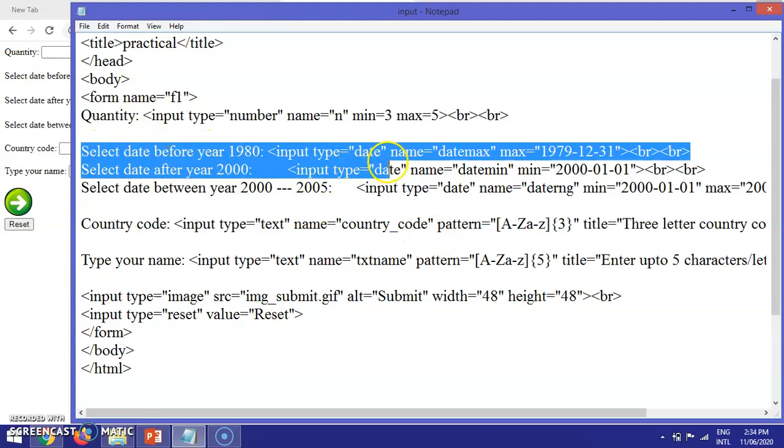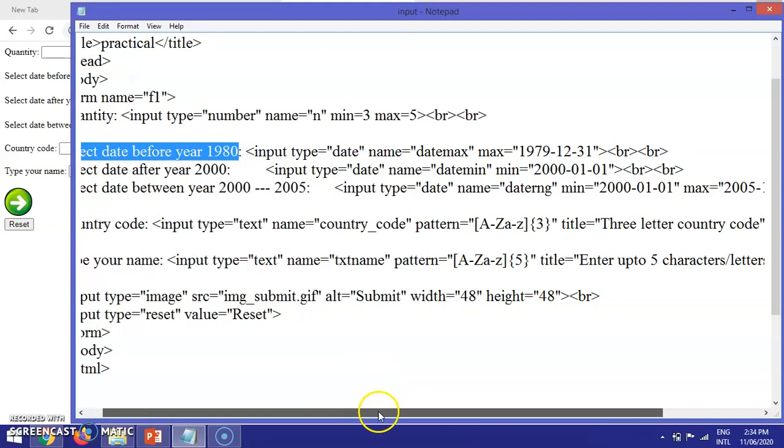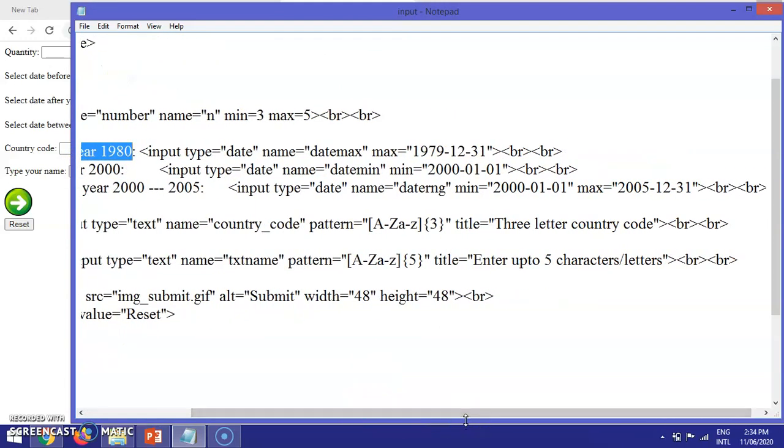Example number 2, select a date before 1980. How do you change your calendar so that it shows only the years before 1980? The input type is date. Name I have given datemax, and I have used the max attribute with the year 1979.